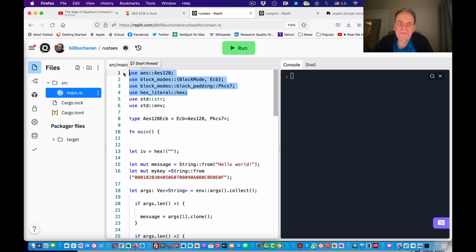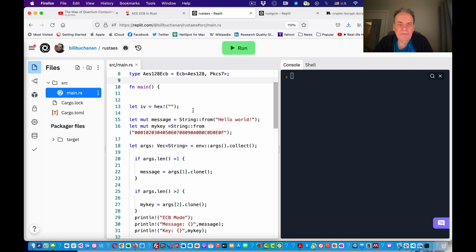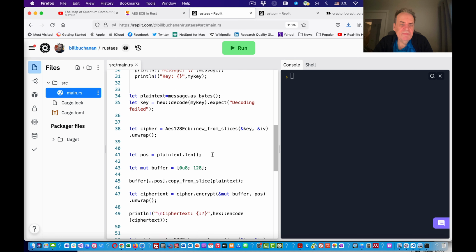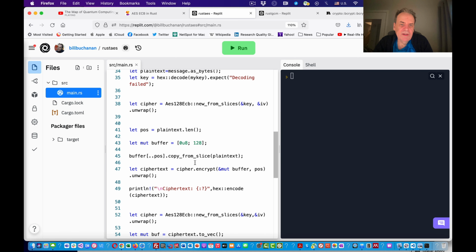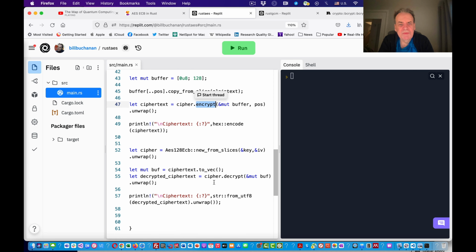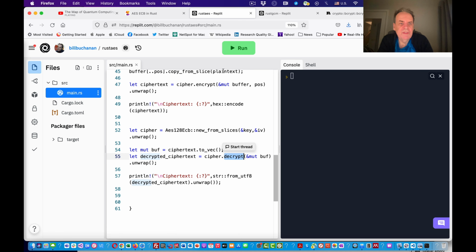Okay, so we've got some uses at the top here, and to define a type, we're bringing in a message here as a string, and then same kind of idea that we have. We're using the encrypt method and also hopefully decrypt to be able to decrypt.